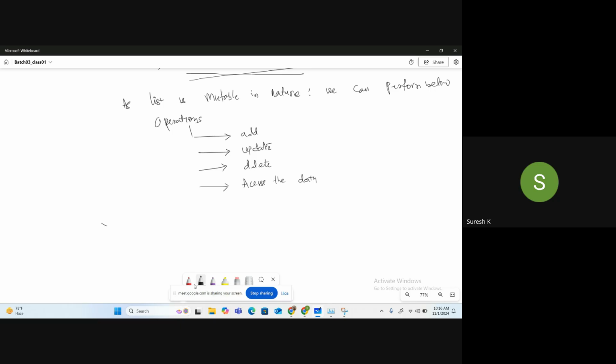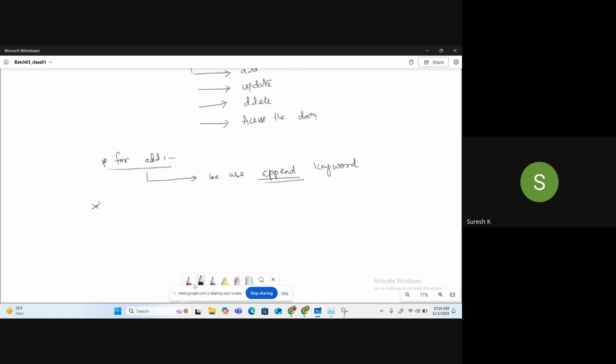So for add, we use the append keyword. For accessing an element, Python is zero-based index.